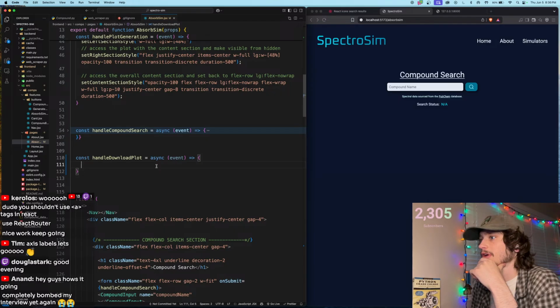Handle download plot here. So if I want to